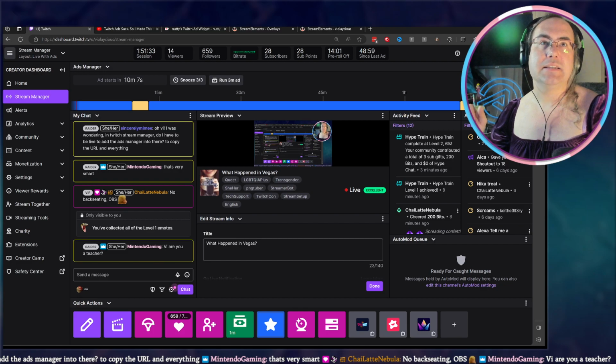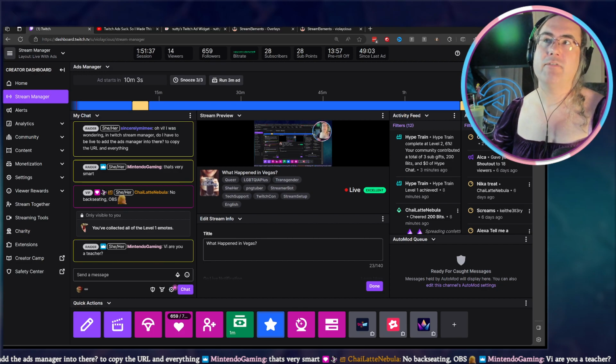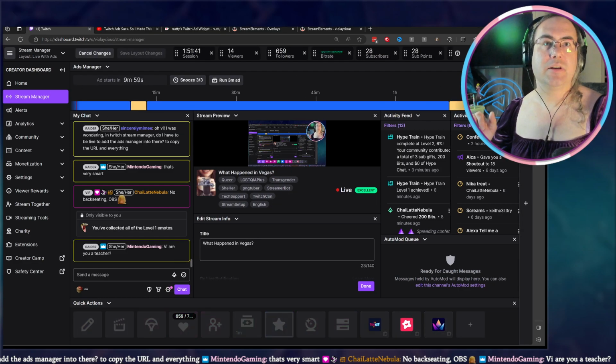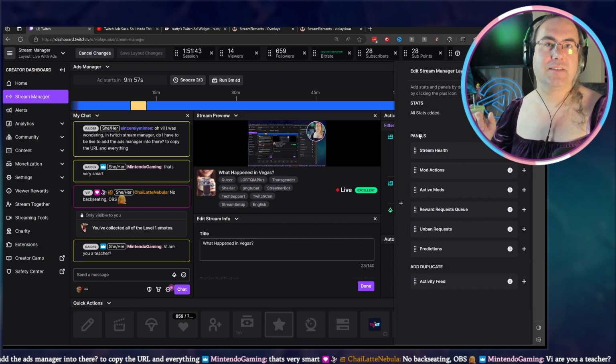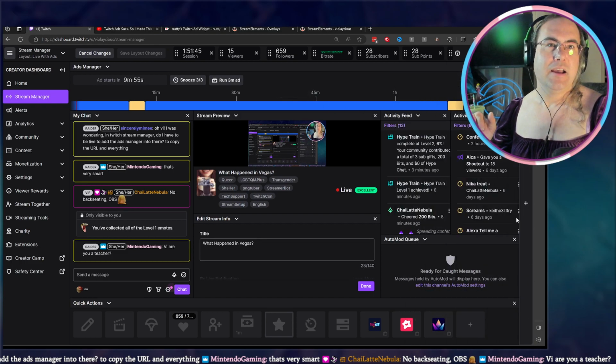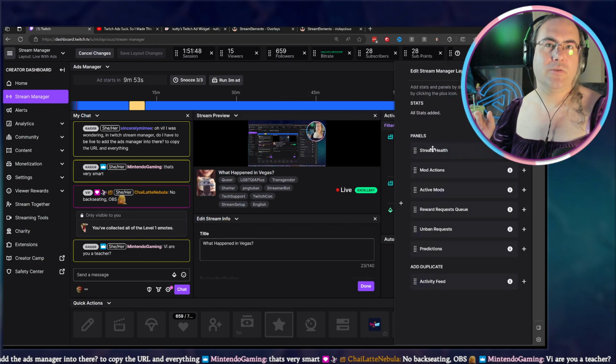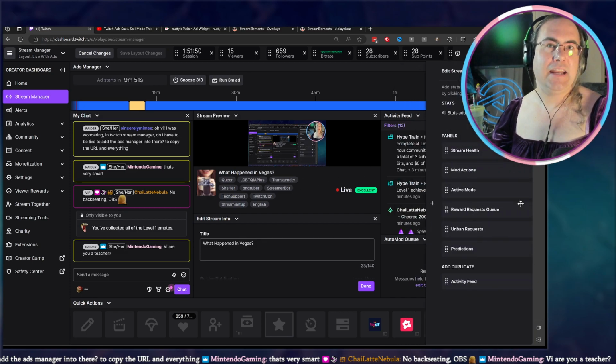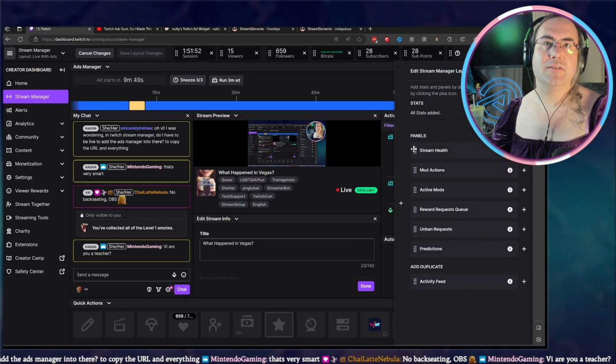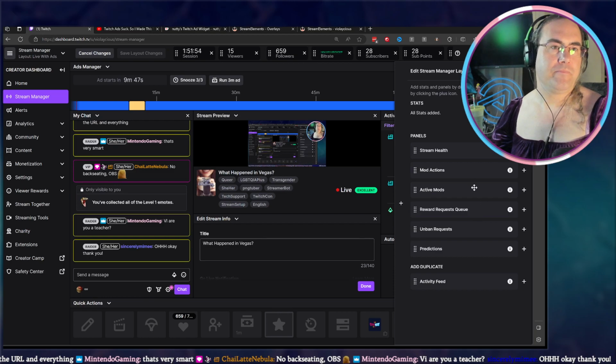All I did is click those three dots again on any one of the panels that you currently have available in your stream manager and click on edit layout. That's going to give you the X's and pop this panel up over on the side. As you can see, I have to mouse over it to open it up. It goes back into hiding. And if ads manager is not on your screen, you can add it right here.